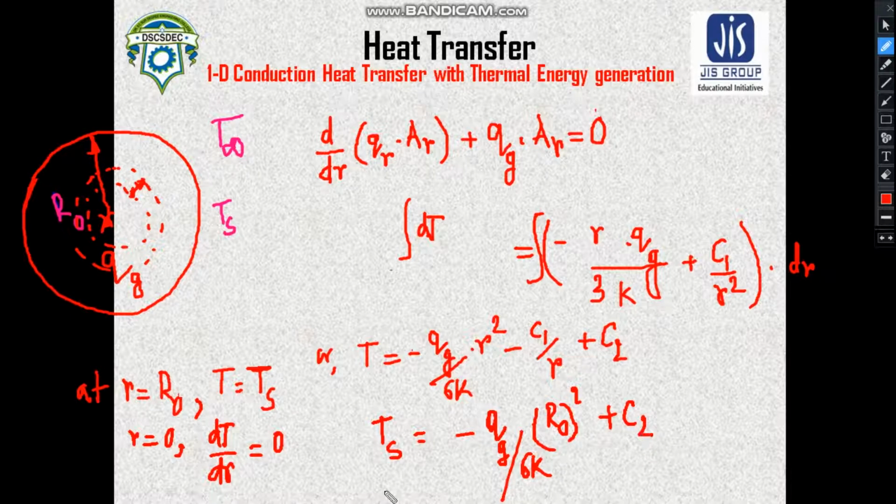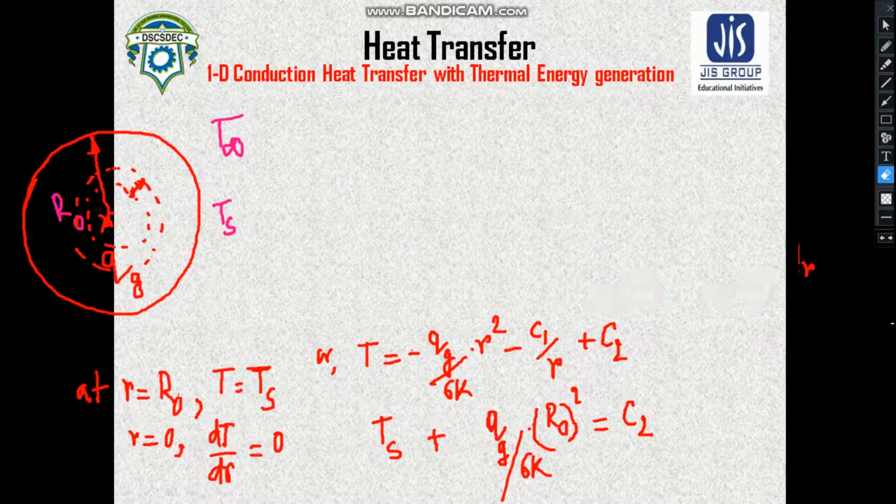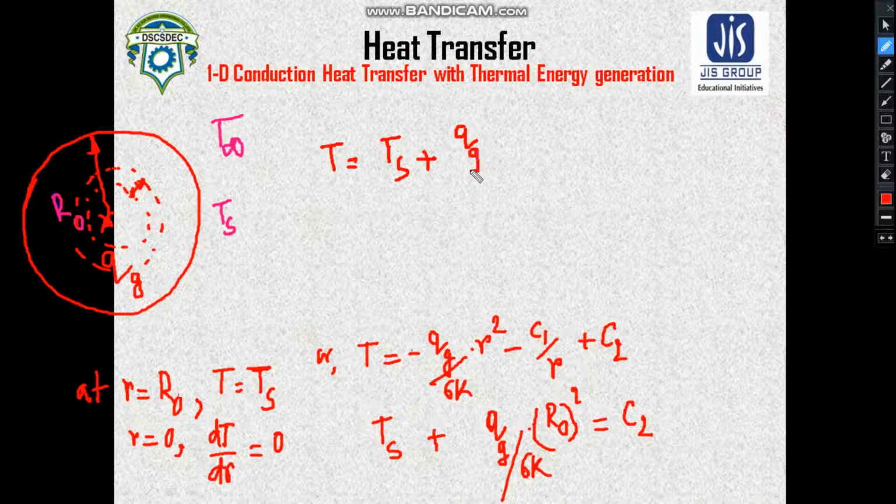So with this understanding and a little bit of rearrangement, we can easily understand that Ts plus qg by 6k into r0 square would be equal to c2. So after this understanding, we can simply generate the temperature distribution formulation as T is equal to Ts plus qg by 6k